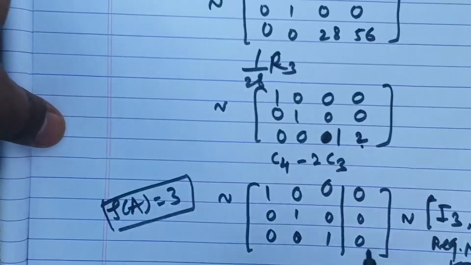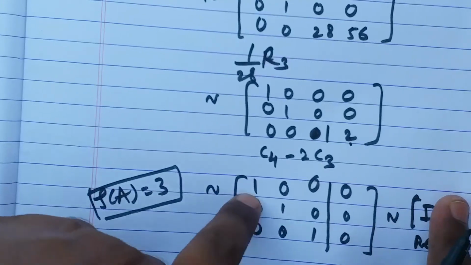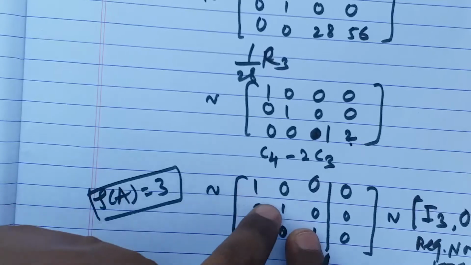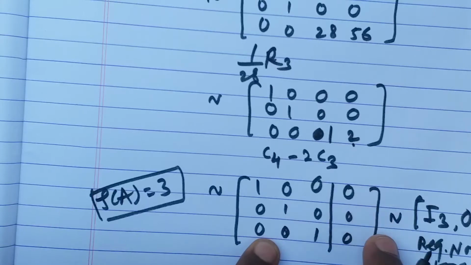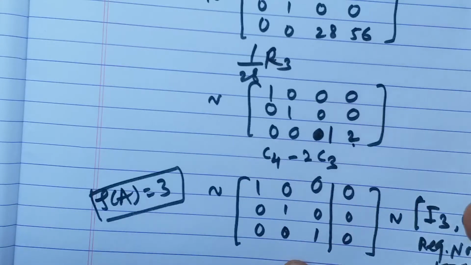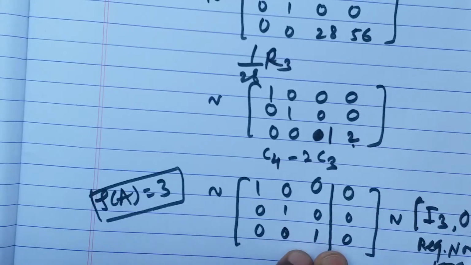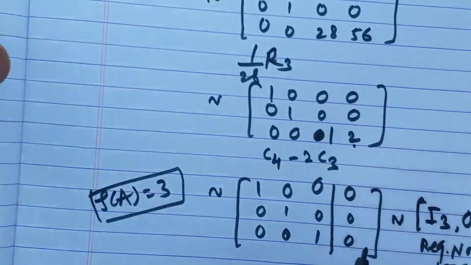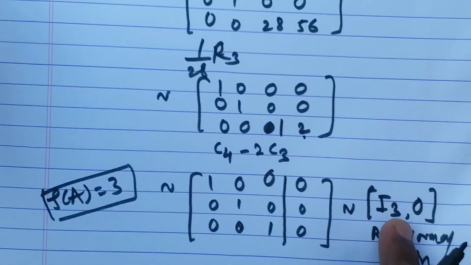Okay, so try to understand all the calculations, starting from the diagonal entry first. We get 1 here, then below this 0, and to the right we are making all the entries 0. Then diagonally we move towards the second row, there you get 1, below that 0, to the right zeros. So whatever transformations you will need, whether row or column, you will perform them. After that again diagonally come here, below nothing is there, so on the right you make 0. And once we get only the identity matrix and 0 matrix in that matrix, simply partition them in two parts, separate the identity matrix from the 0 matrices and try to write the normal form.